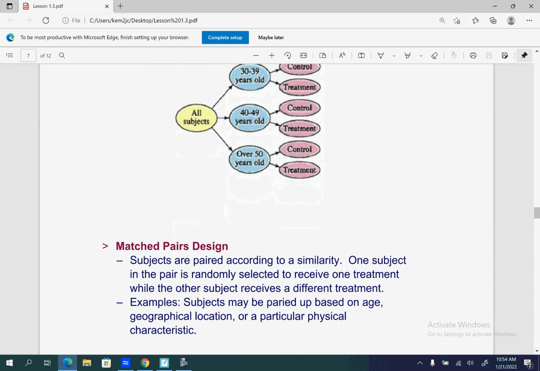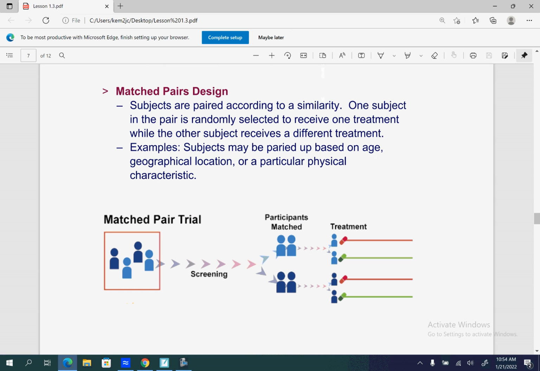The next one is similar. Think of it on a smaller scale though. So instead of taking a whole block of people, which could be 100 people, 1,000 people, and dividing half to the control and half to the treatment, they match them up in pairs. So two individuals go together, and the way they could pair them up, a common example is like twins,